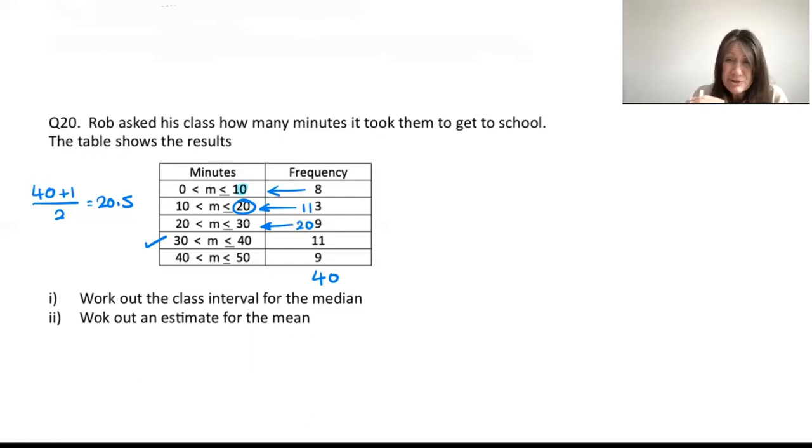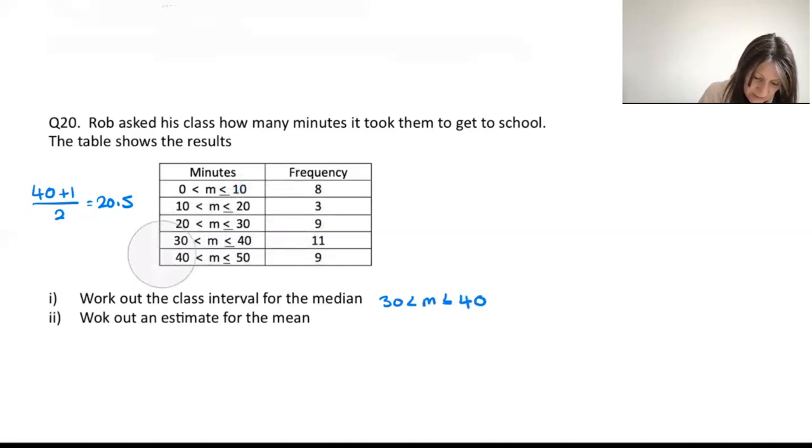So when it's literally on the edge like that, that +1 becomes quite critical, but it is also quite rare to happen. Really important that you're aware of these things though. So the median is going to be 30 to 40. And then I'm going to clean all this off because the next question is asking me to estimate the